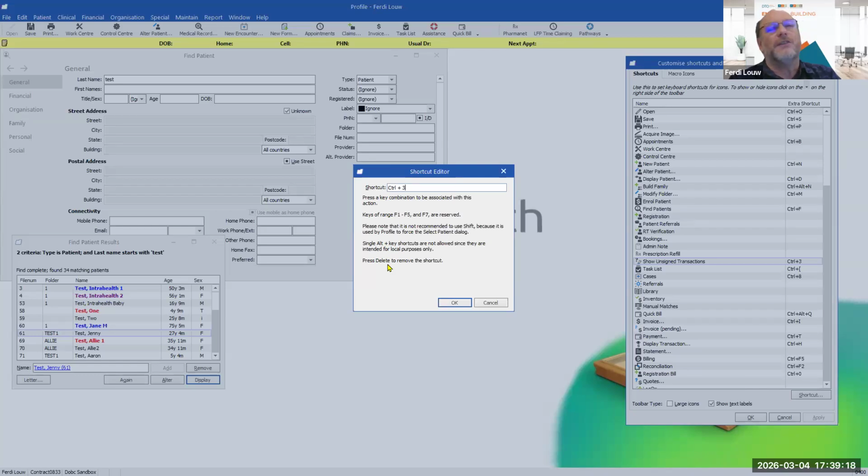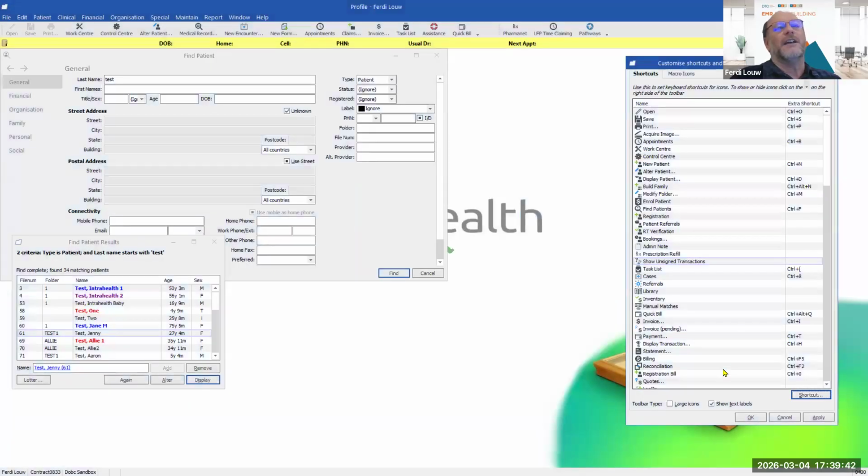You just press the shortcut key that you want in there. So if you want Alt-Shift and a K, that will give it to you like that. If you want nothing there and want to remove the shortcut, just press delete, and then it says none. Let me say okay, and you can see the shortcut has disappeared.